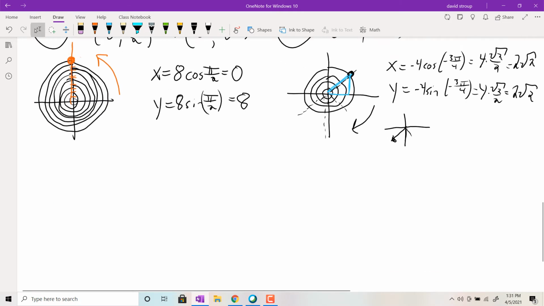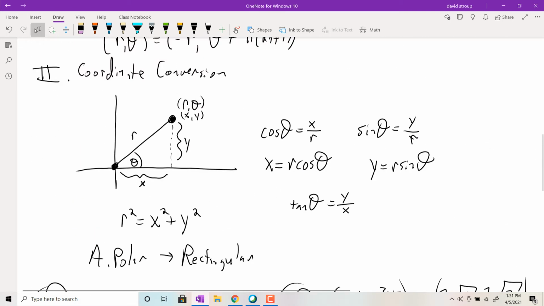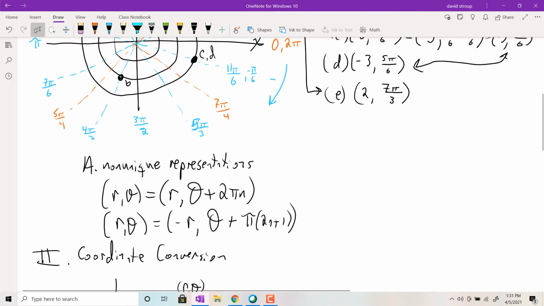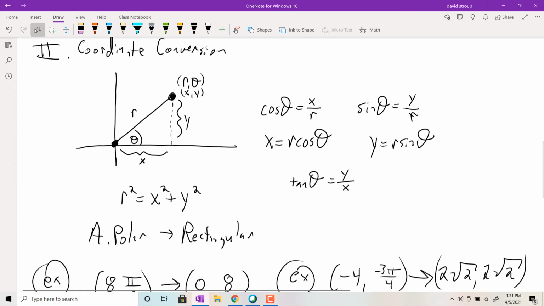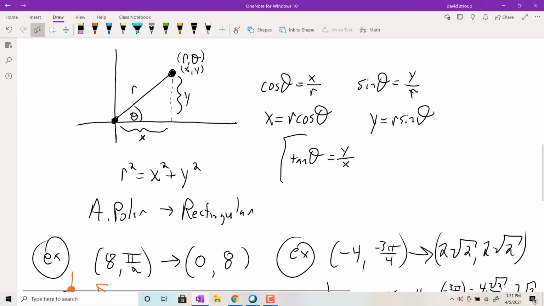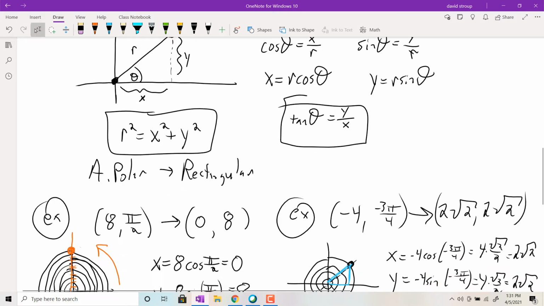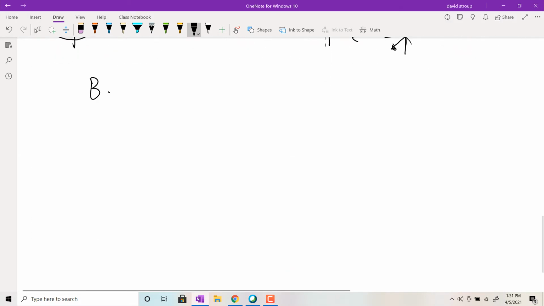Okay, great. Let's look at the other kind of conversion then, going from rectangular to polar. And this is where you're going to have to use, unfortunately, the tan theta formula, which comes with its own nightmare issues. I lost my formulas there. Okay, we need to use this and this. Basically, the two formulas we didn't really use in the other conversion. So going from rectangular